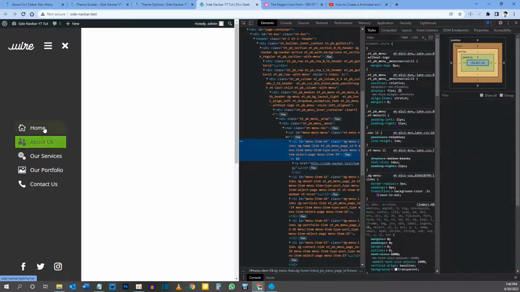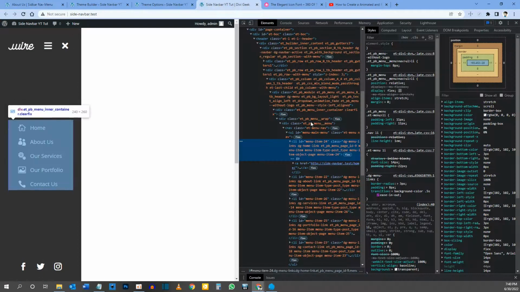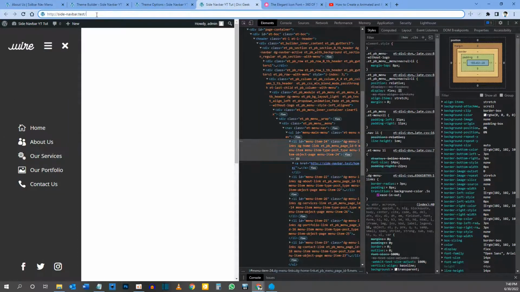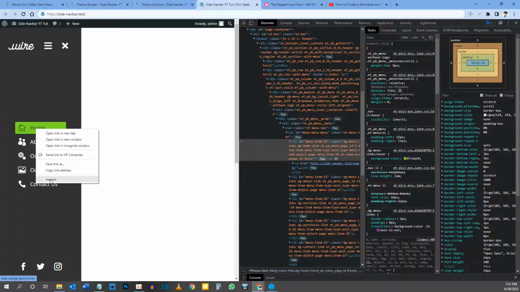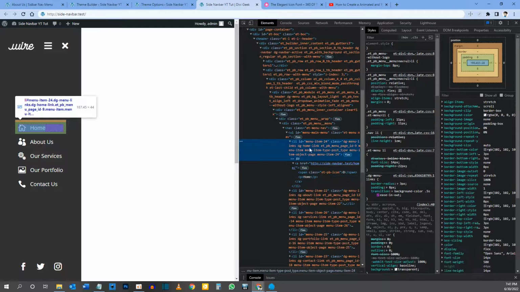Okay, so I think the next thing we need to do is make sure that whichever page is active, we have this green background on it, as well as the icon and the text in our dark gray color. How do we do that? So we are on our home page, and I know that because in the address bar here, it just has our domain name. It doesn't have /about-us or /our-services. So I'd specifically want to right click and inspect the home link. And if we come up here to this class that I've highlighted, you'll see that,